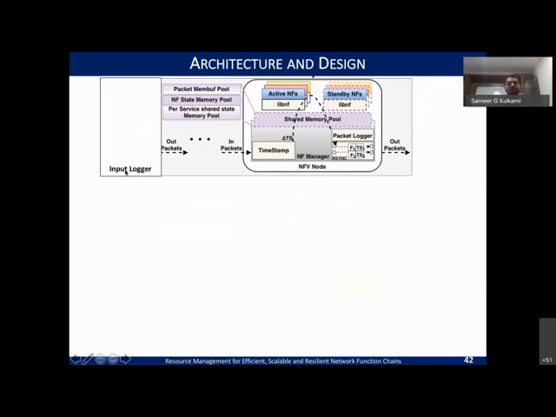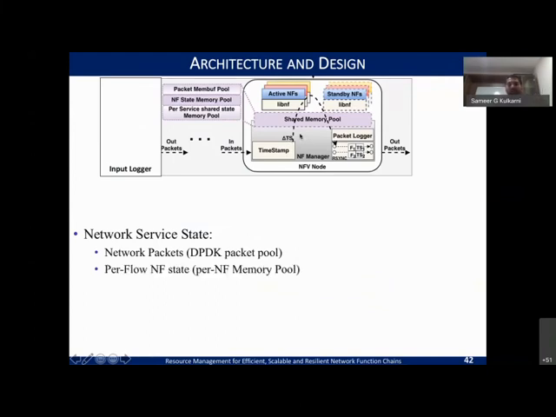And here the packets are logged as and when they are processed by this network function. Within this network function, we try to maintain the state, that is, the network packets: as you process the packets, what modifications you are trying to make to the packet pool, and the per-flow state that is being maintained for each of the packets, whether it is processed at each of the NFs or in the NF manager. And an additional logger tries to see how the state is going to be synchronized with different network functions that are running on the same node or different nodes.